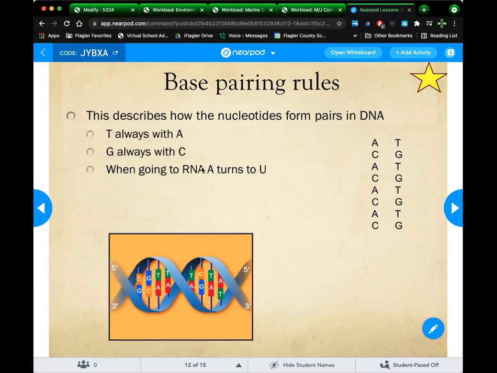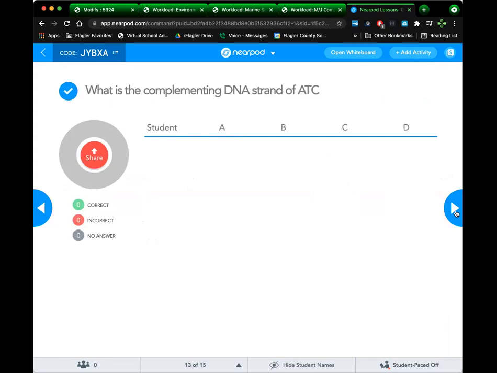A slight difference when you're going to RNA. We'll talk about that in another section, but just keep this in the back of your head. Normally in DNA, A matches up with T. When you're going to RNA, A goes to U because there's no T. That'll make sense in a minute when we do some practice. So the